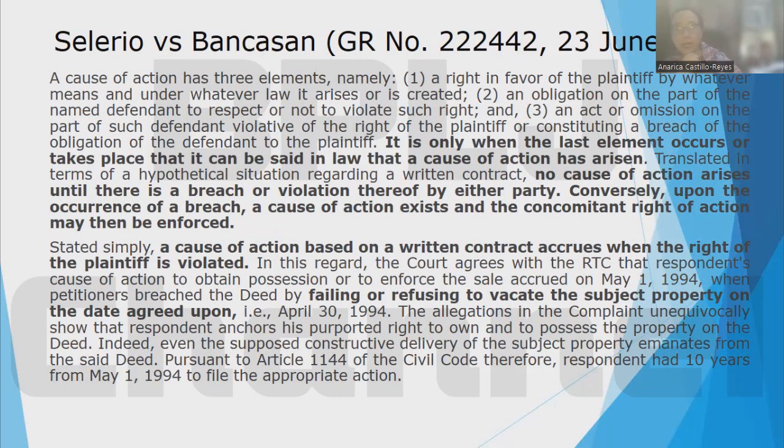Okay, no cause of action arises until there is a breach or violation by either party. Upon the occurrence of a breach, a cause of action exists, and the concomitant right of action may then be enforced. Okay, a cause of action based on a written contract accrues when the right of the plaintiff is violated. So in this case, when petitioners breach the deed by failing or refusing to vacate the subject property on the